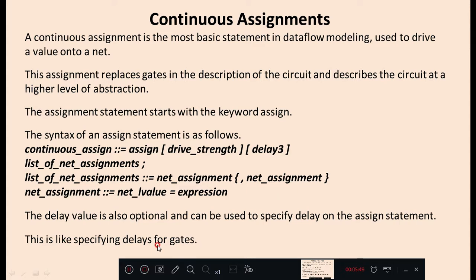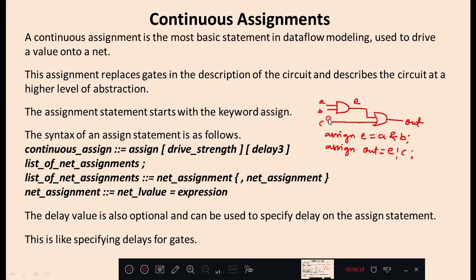So in delays we have seen a delay example using gates. We have seen an example which consists of a 2 input AND gate and a 2 input OR gate, which has a delay of 5 and 4 time units. We have written code and we have analyzed. If you want to implement the same combinational circuit with the help of assign statements, for the AND gate use an expression, E assigned with.